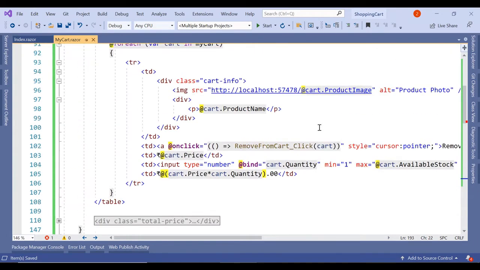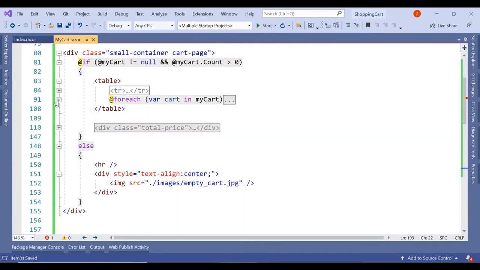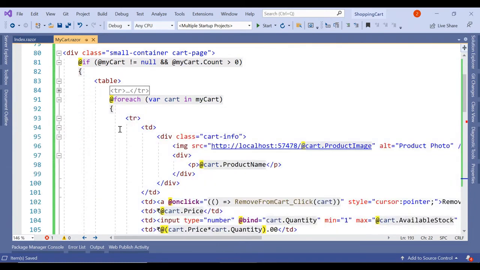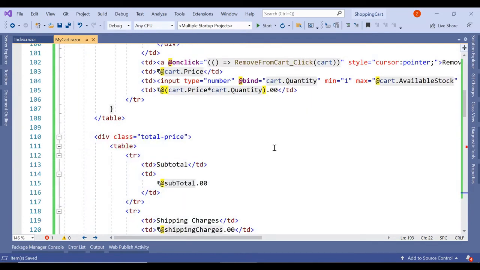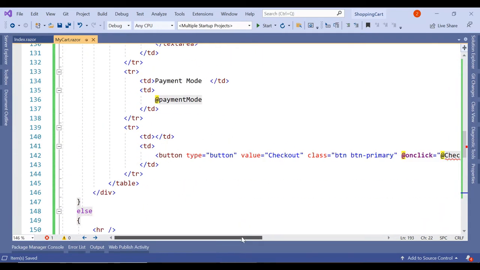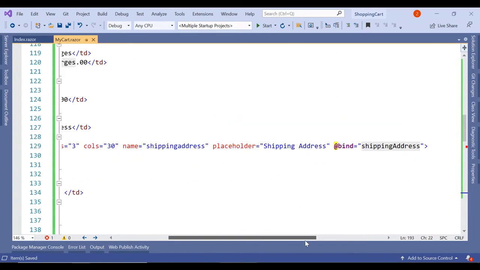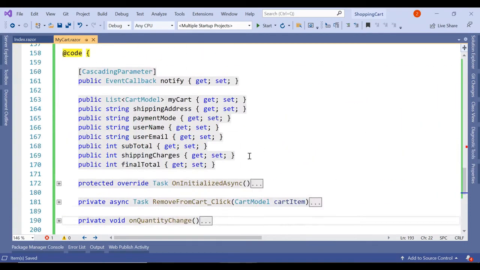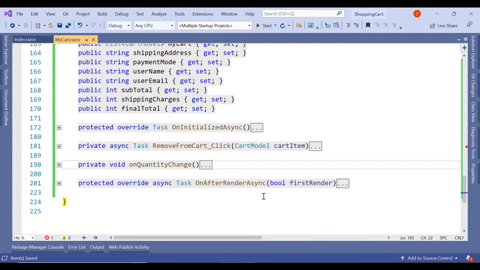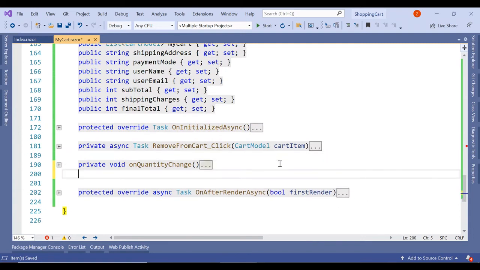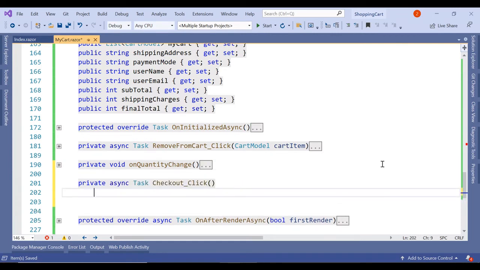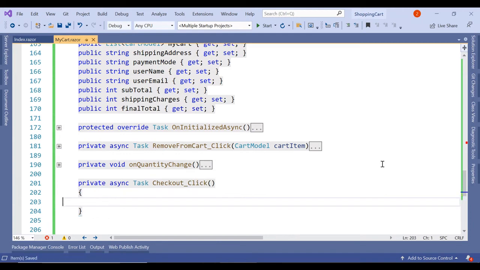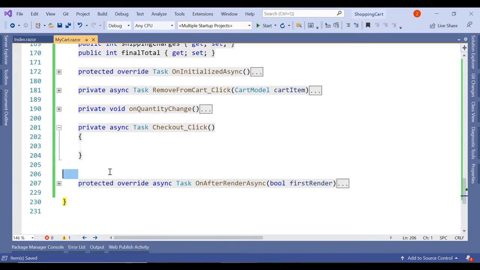Okay, so in this part we have already created all the required methods. Now in our second part, the second table, we need to create this checkout method. We'll simply create an empty method as of now, because before checkout we'll have to create the login and register page. Okay, so here we have created an empty method.